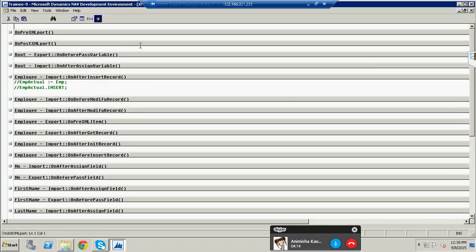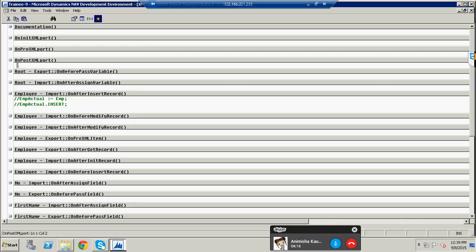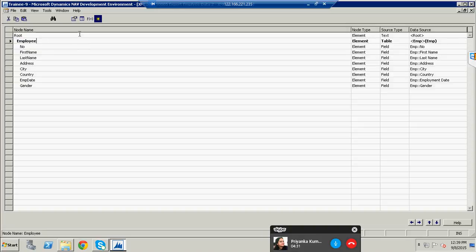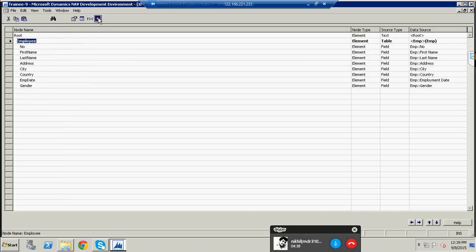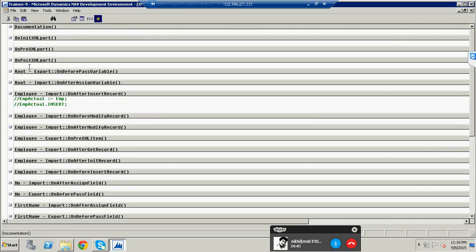If you look at the triggers here, we have OnPostXMLport, which will be executed after the data is loaded from the XML file. This will be the last trigger executed before we close the XML port. Here we have this employee as a temporary table, so I'll use this EMP as a reference to find the value. Now I'm in the OnPostXMLport trigger, so I write emp.find,